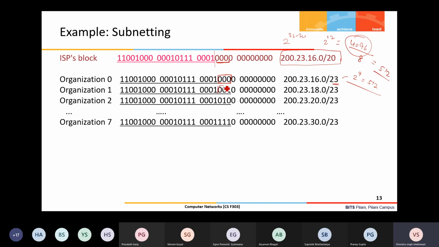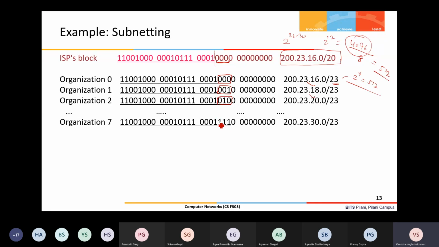So it is 001, these 3 bits. Then 010 for the second organization. So accordingly, it is 001 if you are doing it. So what will be the equivalent decimal number? 1, 2, 4, 8, 16. 16 plus 2, 18. So that's why it is 18 coming here. So this is 20. 1, 2, 4. So that's why this is 20.